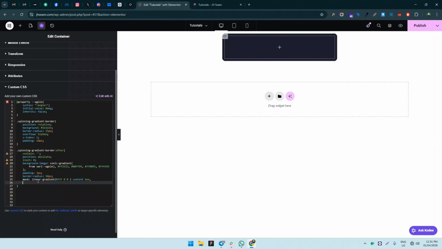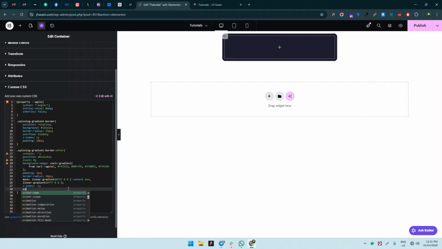And then again you can just copy this and paste it. Okay, now make the z-index should be -1